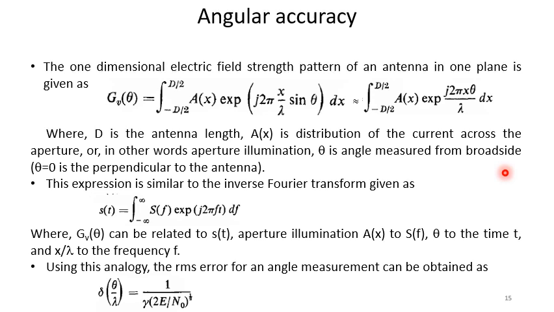That means theta equal to 0 is the perpendicular to the antenna. This expression is similar to the inverse Fourier transform. So if s(t) is the signal, then the inverse Fourier transform can be written as integration from minus infinity to plus infinity of S(f) exponential j 2 pi f t df. So it is the same expression. Here g(theta) can be related to s(t), aperture illumination a(x) to S(f), theta to the time t, and x by lambda to the frequency f. So using this analogy, the RMS error for an angle measurement can be written as delta theta by lambda equal to 1 by gamma into (2E by N0) whole to the power half,